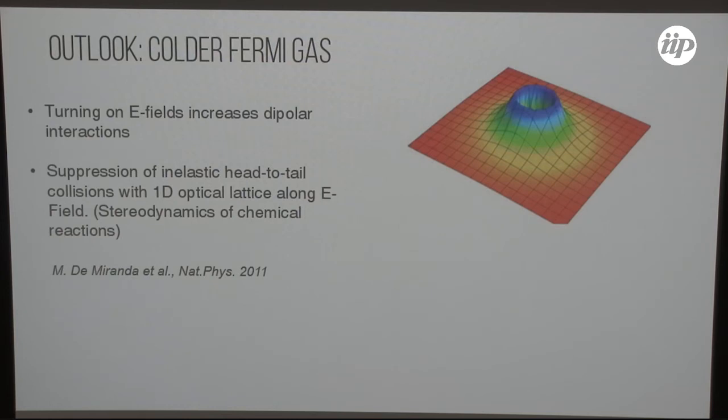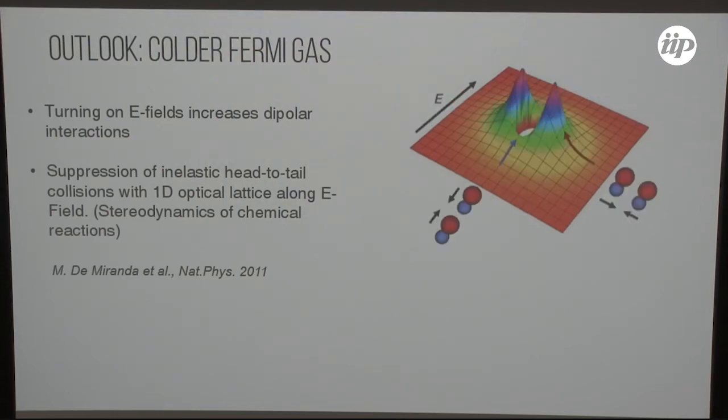In my final slide, I want to give you a sense of the things that we are trying to do right now. The goal is to make Fermi gases of polar molecules even colder. With the conditions that we typically have right now, we have Fermi gases with T over TF of about 0.3. When we eventually load these molecules into an optical lattice, we will reach a filling of 0.3 maybe, which is above the critical value of the percolation theory that people in the disorder community are interested in.